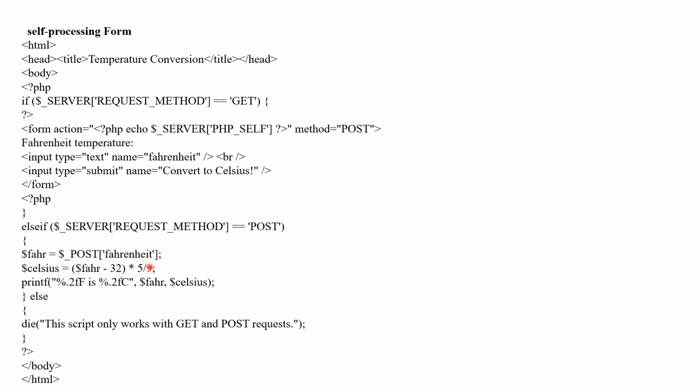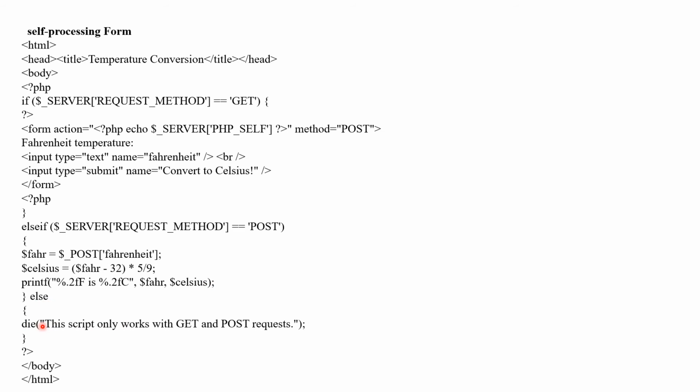This formula calculates the temperature in Celsius, and after that we display this output by using the printf statement, or we can also use the echo statement, and this will display the temperature in Fahrenheit as well as Celsius.